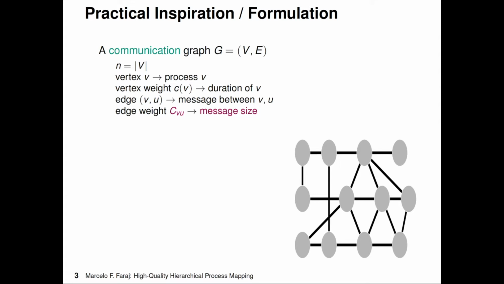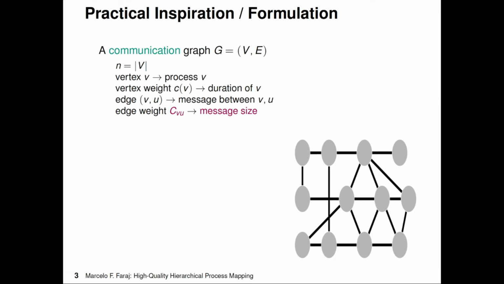In this communication graph, we have n nodes, which is also the number of processes. Each vertex or node V represents a process V. Each vertex weight C of V represents the duration of the corresponding process V. Each edge VU represents the existence of a message between processes V and U, and the edge weight CVU represents